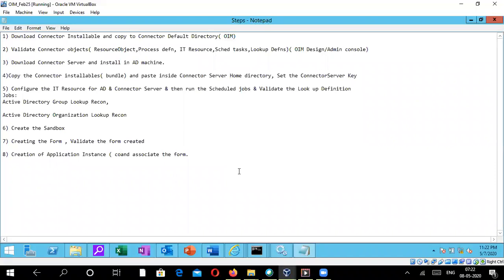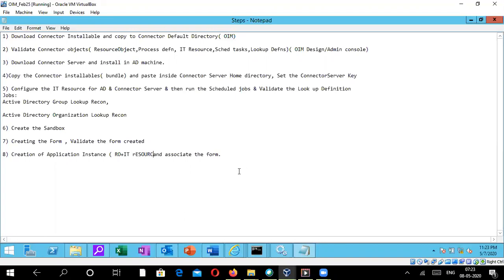Whenever they need to have an AD account, they will just type in something like Active Directory or any user-friendly name application instance, and once it is configured correctly, they should have an account provisioned in the particular target system, or the endpoint, as we'd say. So it is a combination of a resource object and the IT resource. Application instance is RO plus IT resource.